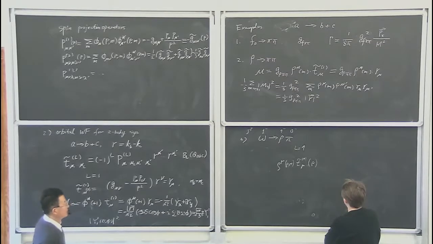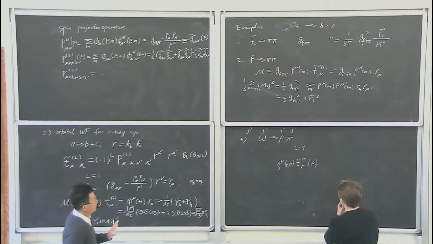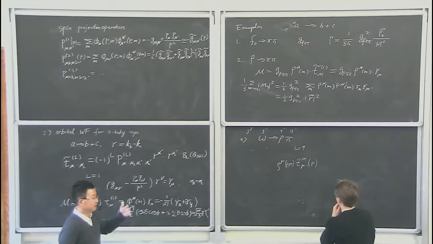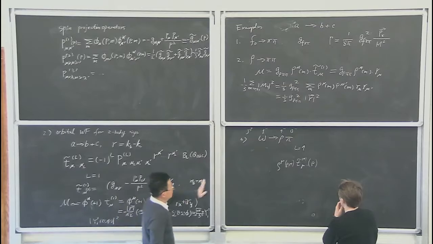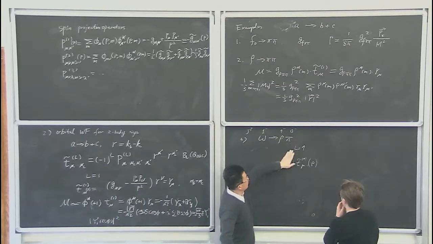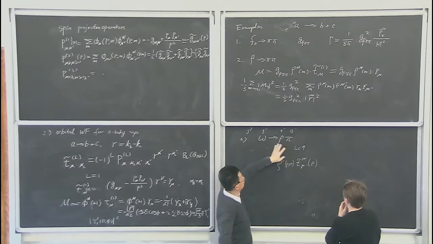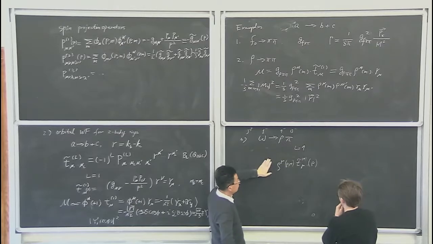Okay, I think this maybe is too difficult for you. I should find some simple one for you. But this is another problem here. First, this is 1 minus, this is 1 minus, 0 minus. L should definitely equal to 1. Then these two should construct the total angular momentum, which should be equal to 1. Then how to